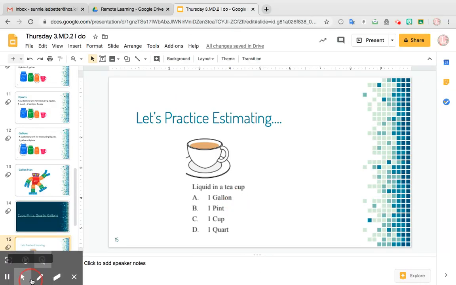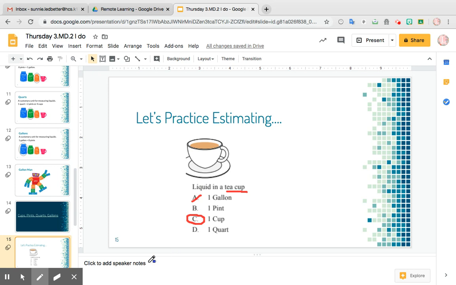Well, it even says it in there, a teacup. Well, 1 gallon would be way too big. So I'm going to eliminate 1 gallon. Then we have 1 pint, 1 cup, and 1 quart. Well, this is a teacup, and looking at this picture, my answer is going to be C,